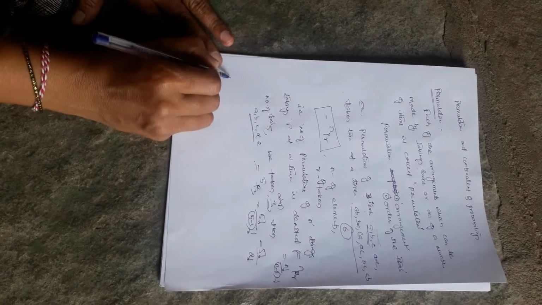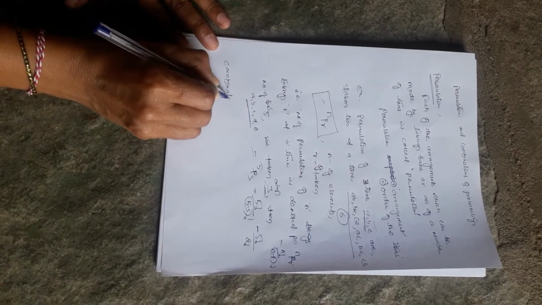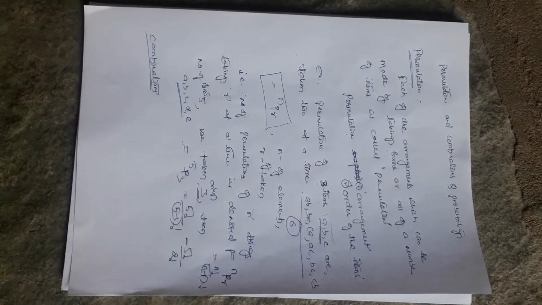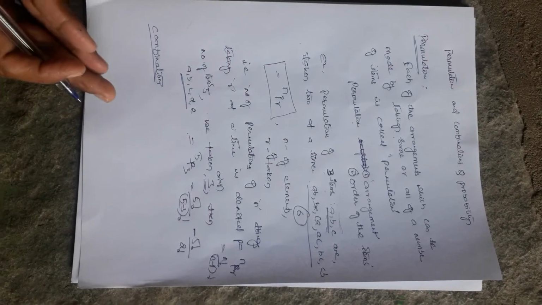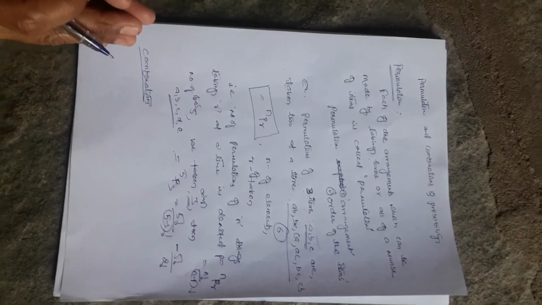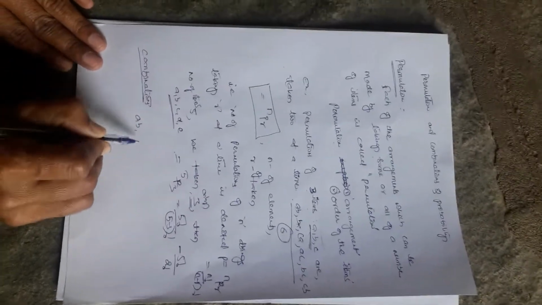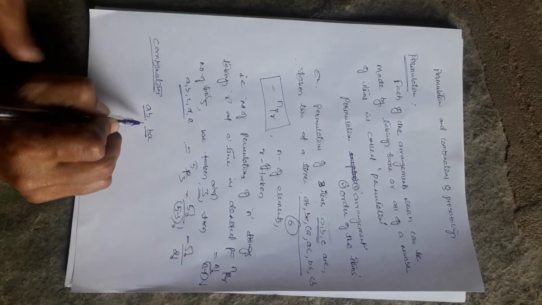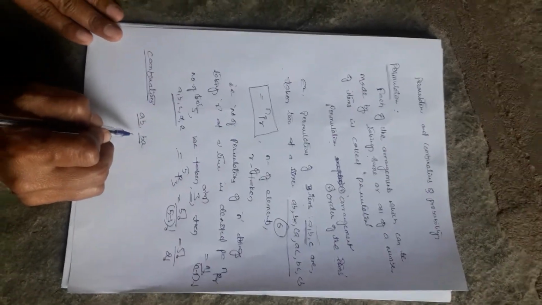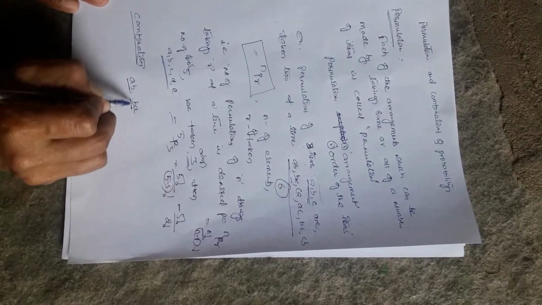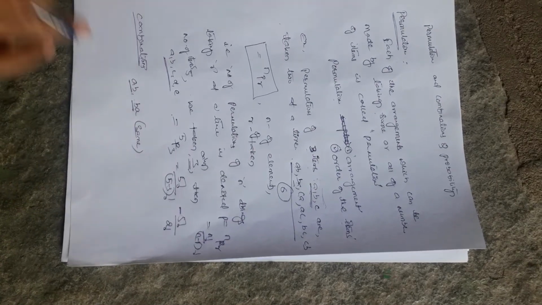And coming to combinations. What are combinations? Each of the groups or selections that can be made by taking some number of items is called a combination. In combination, order is not considered. That means AB and BA are the same, so in that situation we take only one. Whereas in permutation these two are different. AB and BA are different, but here these two are the same.